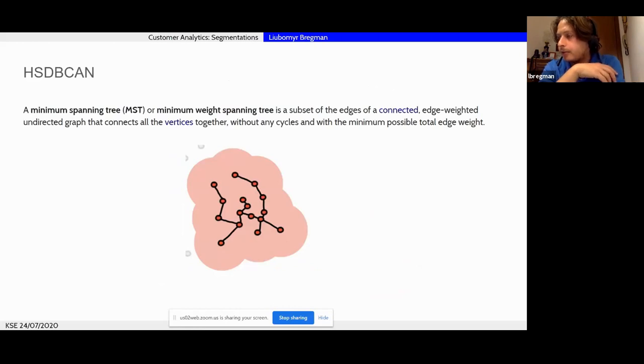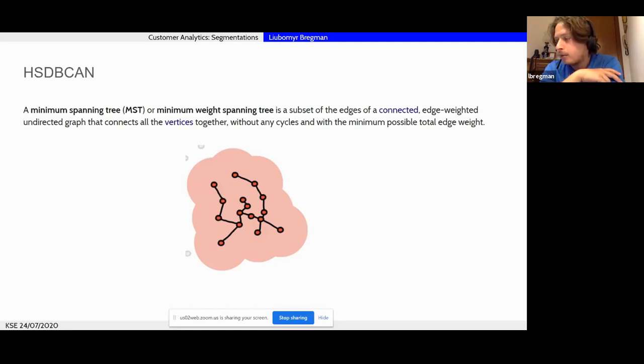Here I keep just the intuition and visualization part, but this is called HDBScan, not by coincidence. It's pretty similar to the algorithm we were talking about yesterday, called DBScan, right? And this is hierarchical density-based scanning.